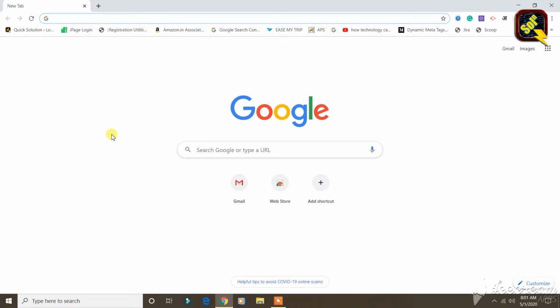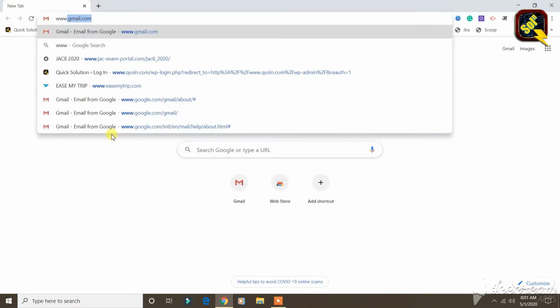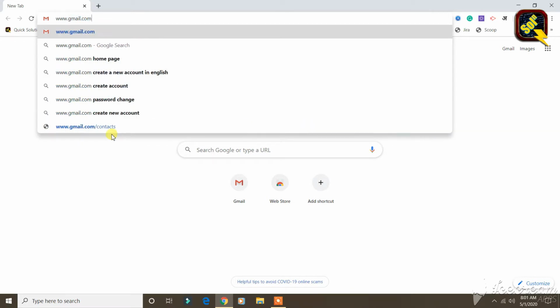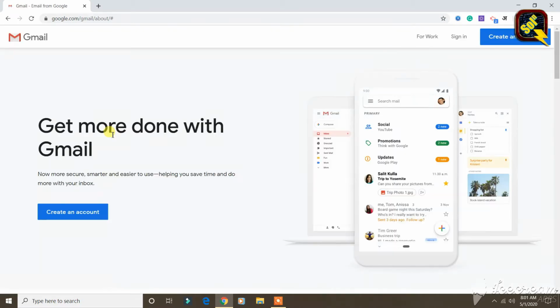So here I am entering www.gmail.com. This is the domain or website we need to enter. Once you enter this address, hit the enter key on the keyboard.